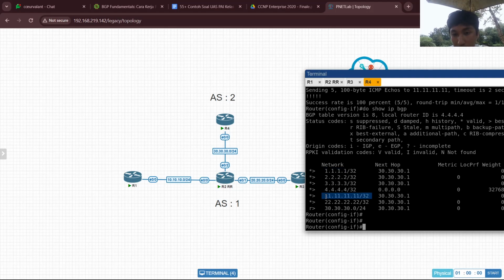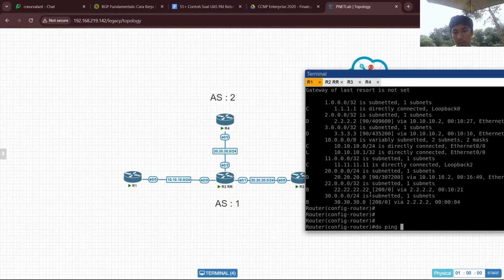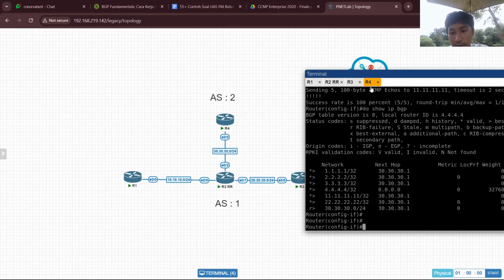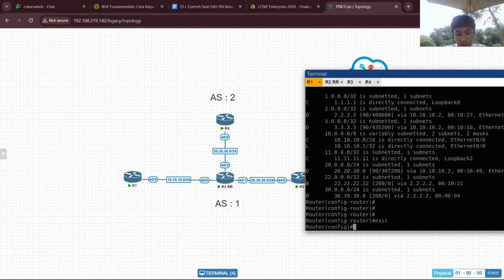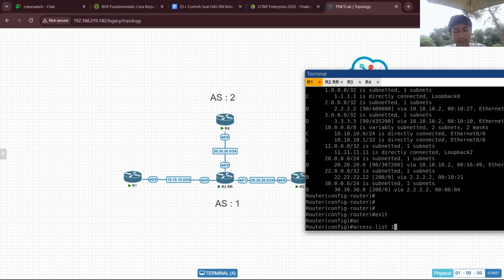So we configured from the router 1, we configured the BGP community on the router 1. After we configured that, the router 4 cannot reach this network anymore because the router 1 already blocked it with the no export community. So first thing first, we make an IP access list to permit this single host, to configure to the BGP.